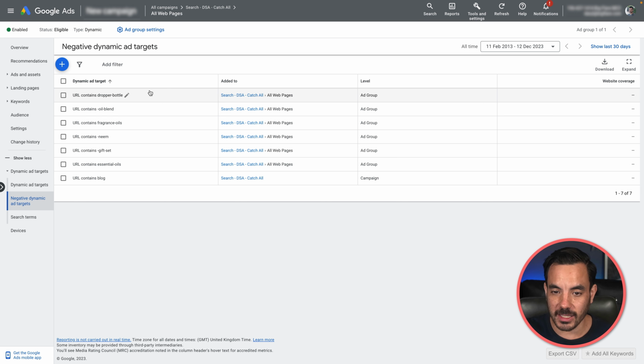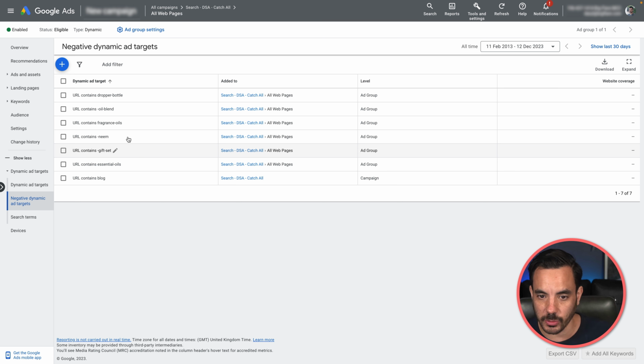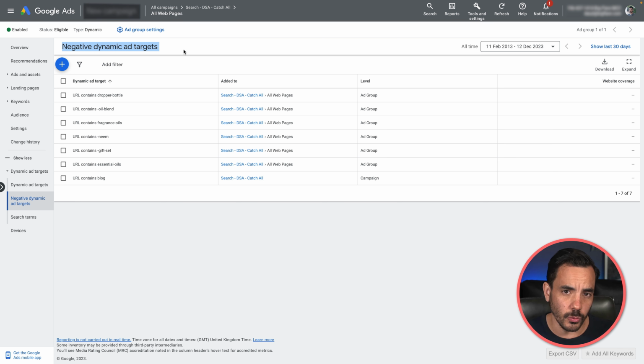The reason for that is that this is a catch-all campaign. It's just supposed to catch the things that you haven't already targeted. So if you have already targeted it in the DSA targeted campaign, then that's fine. You want that traffic to go into the DSA targeted campaign. It shouldn't be in the catch-all campaign. So add negative dynamic ad targets for everything you already targeted in the targeted campaign, and you do that only